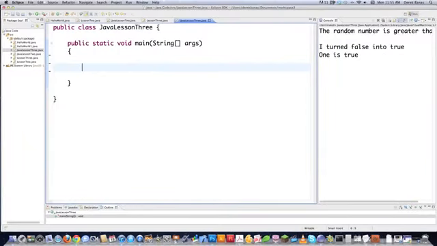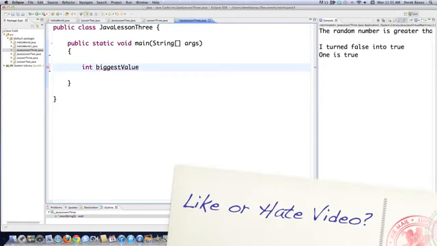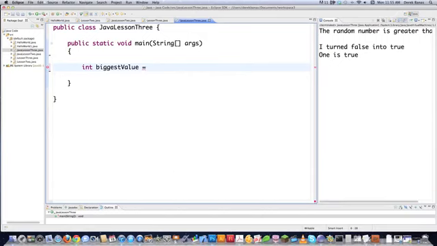Basically what it does is it assigns one or another value based off of a condition. So I'm going to come in here and say biggest value, creating a new variable named biggest value. And I'm going to use the ternary operator to evaluate what the value of biggest value is based off of a condition. The condition is going to be, I'm going to create two additional ints or integers. And it's going to be value 1